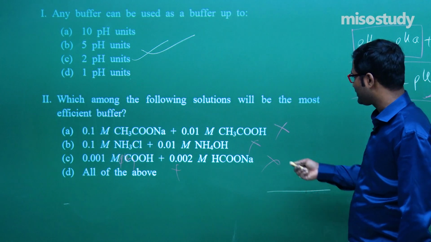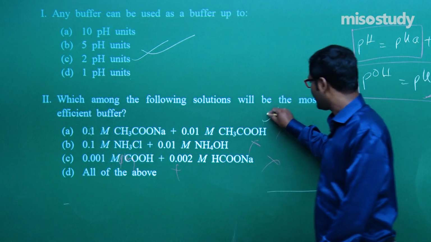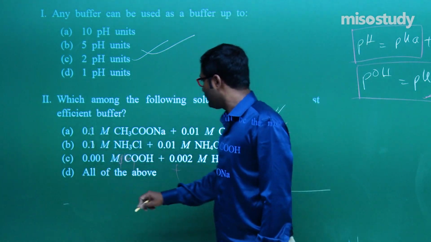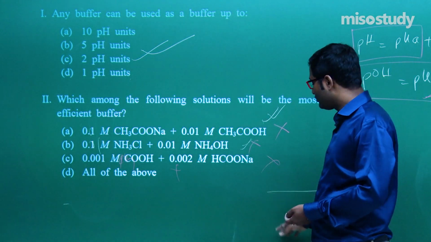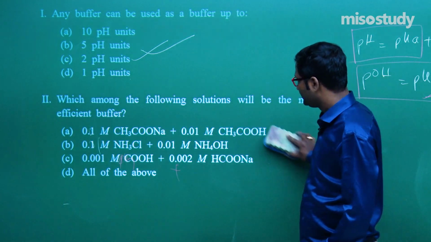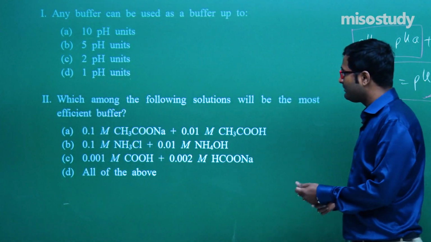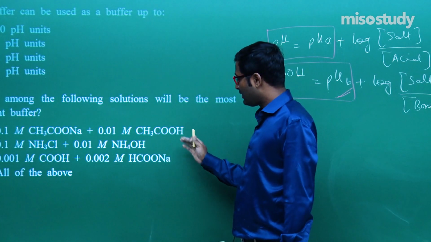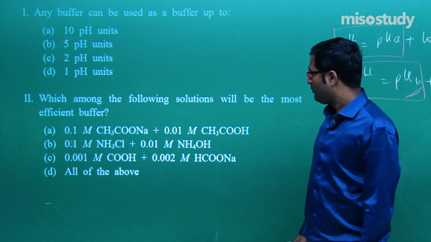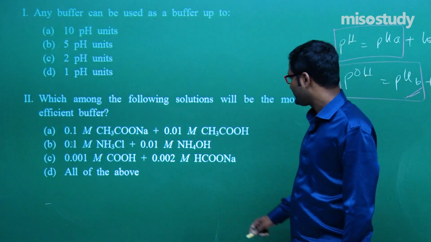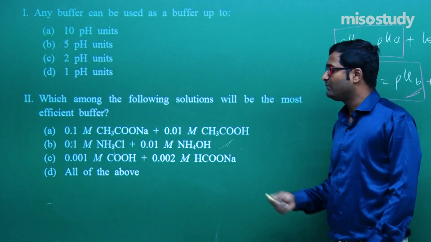If I modify this expression, if I write here 0.01, then this one is the correct option. If I put here 0.01 and then 0.01, then this one is the correct option. Clear to you? So in this case no option is correct. I think there is some mistake in the options, but you can easily solve it when the concentration is equal. So I am taking this one as a solution: 0.01 molar NH4Cl, not NH3, that is NH4Cl, and 0.01 molar NH4OH. So B will be the correct option.